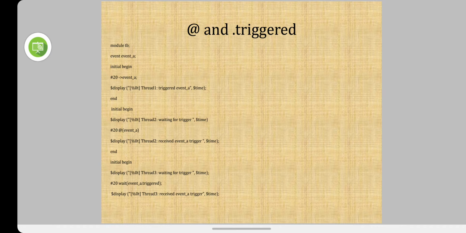As I have already mentioned, the @ operator is not going to work, and it is going to miss the trigger. The display in the third thread is going to be executed, as it is waiting for event A dot triggered. So here the output will be first thread 2 waiting for the trigger, and then thread 3 waiting for the trigger, and after 20 time units